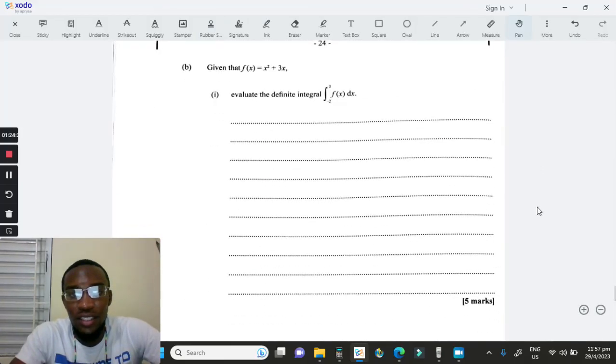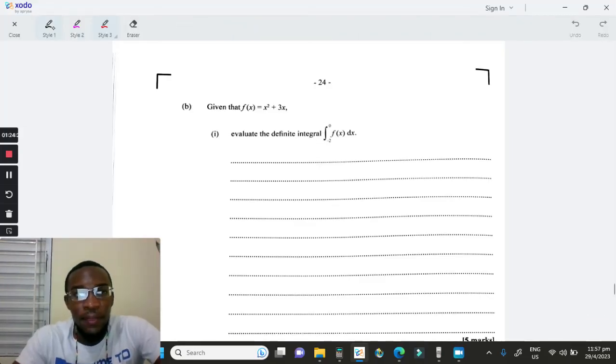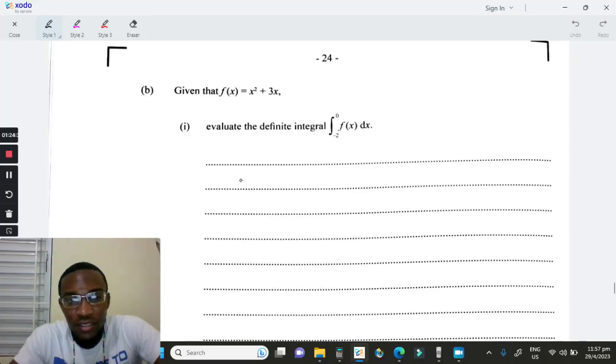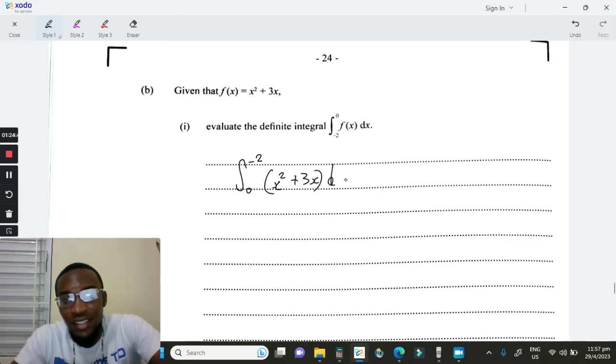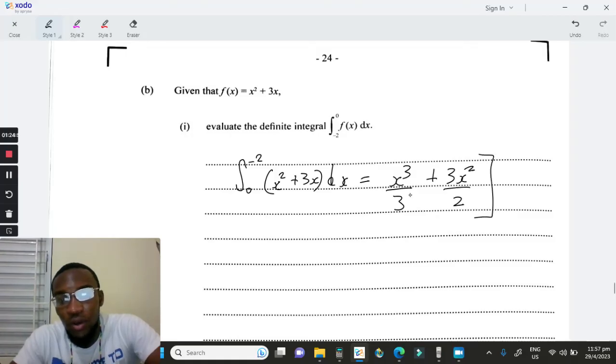Now this question says, given that f of x is x squared plus 3x, we need to evaluate the definite integral. So we need to find the integral from 0 to negative 2 of f of x, which is x squared plus 3x dx. The rule says we add 1 to the power: x cubed over 3 plus, add 1 to the power, 3x squared over 2. And we're going from,